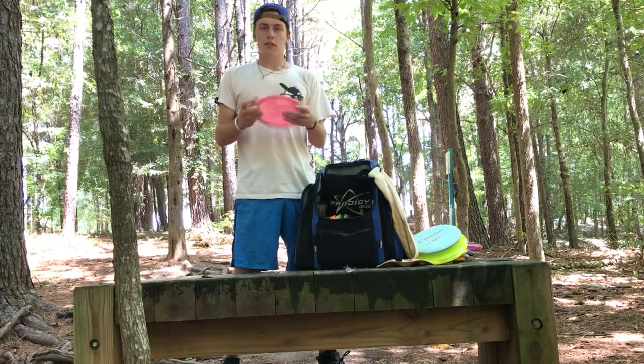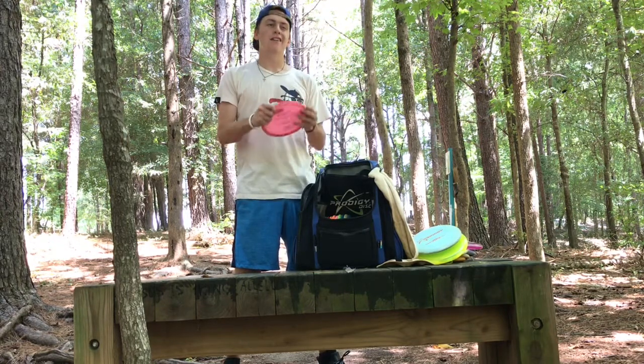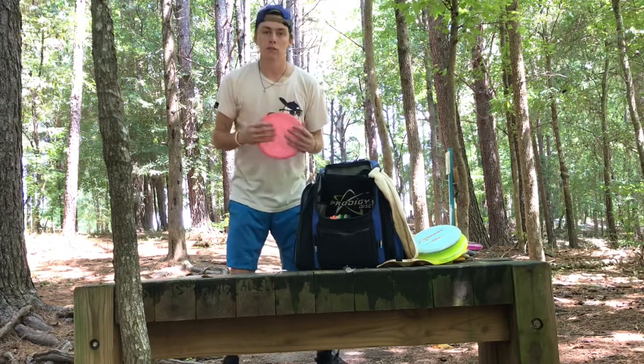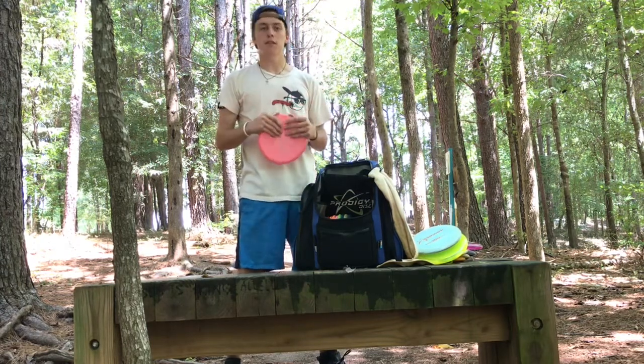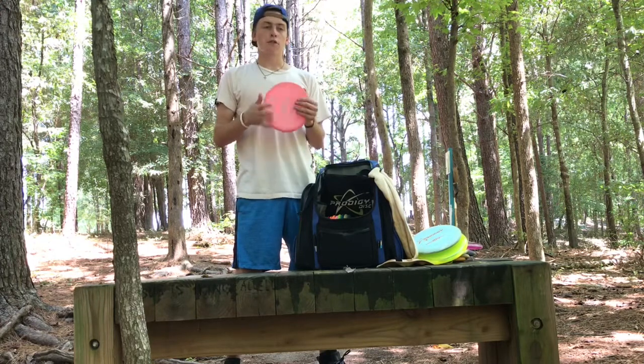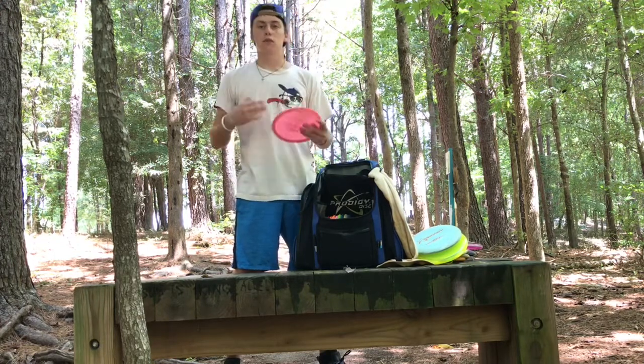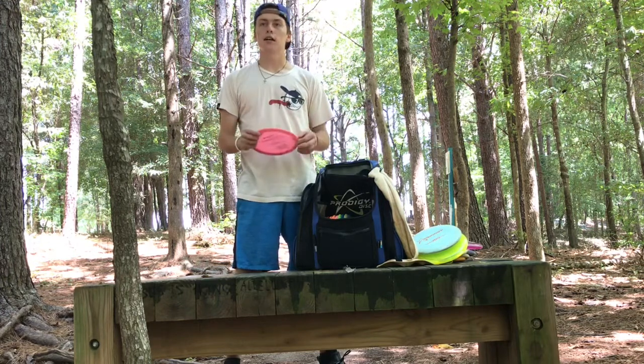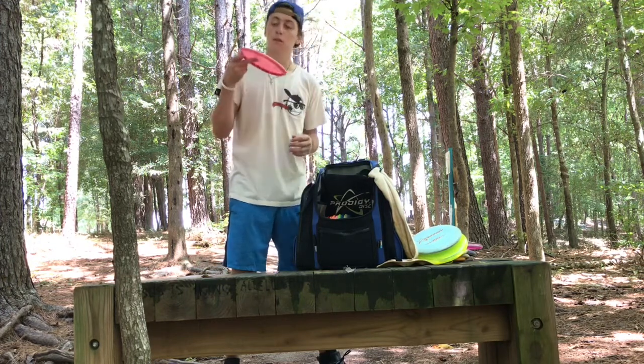Pretty stable disc, nice and stable. It's not gonna dive to the ground immediately. Something I really look for in discs when I'm buying discs or looking to get something, I look for something that can get me play, especially with the style that I throw for backhand. I throw with a good amount of hyzer on my shots, so I want something to get me some play